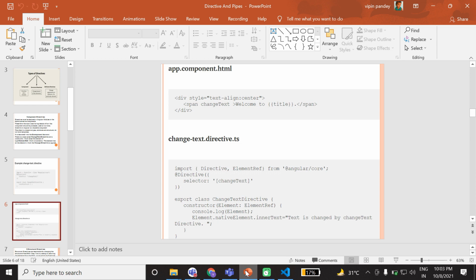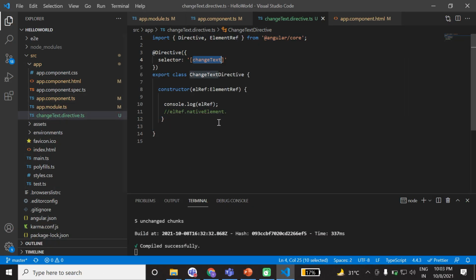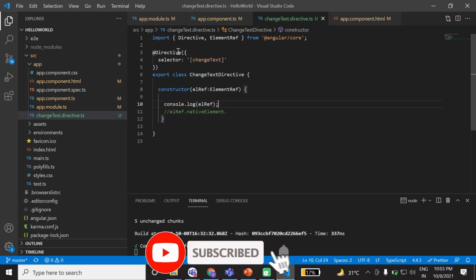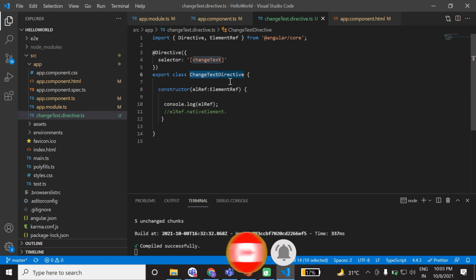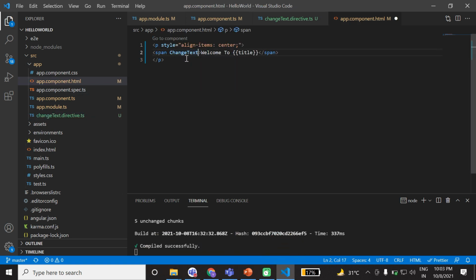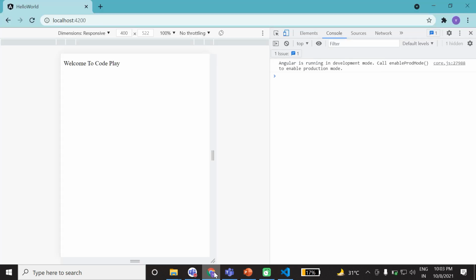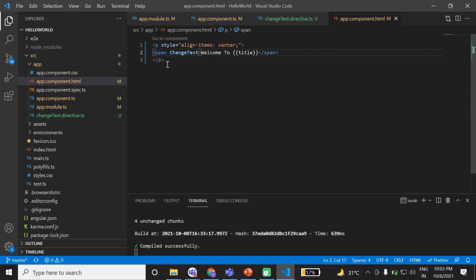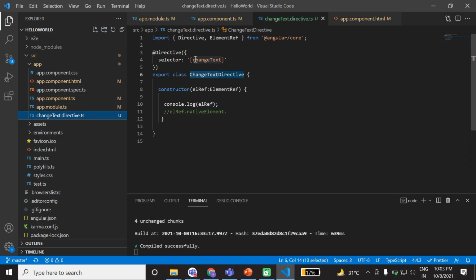We have a selector, we have a change text directive, and in the directive, right, let me check why it is not working.